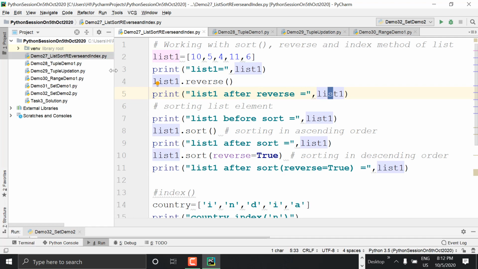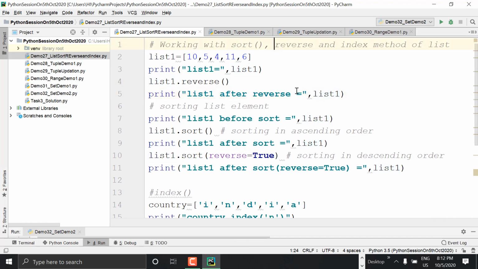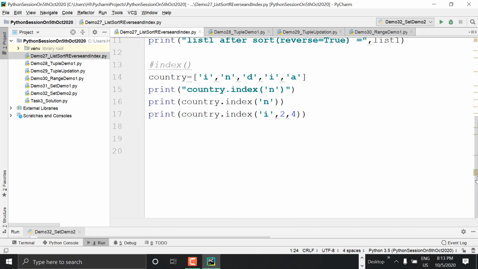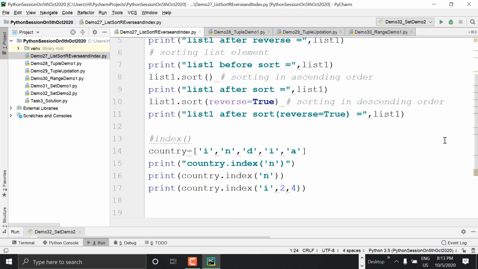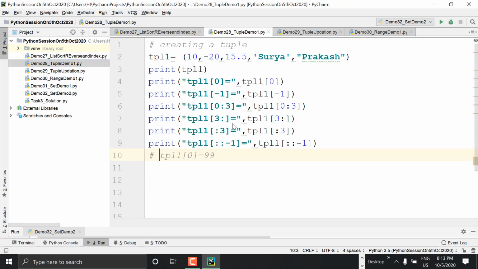Let's go to the next example, tuple demo one. So here it's an error. Okay, creating and slicing: creating a tuple and how to slice it. Updating a tuple. This is an important thing that you should never forget. Please take a screenshot of this, how to update a tuple. Of course, there are other ways also to update a tuple. This is the easiest and most widely used method.